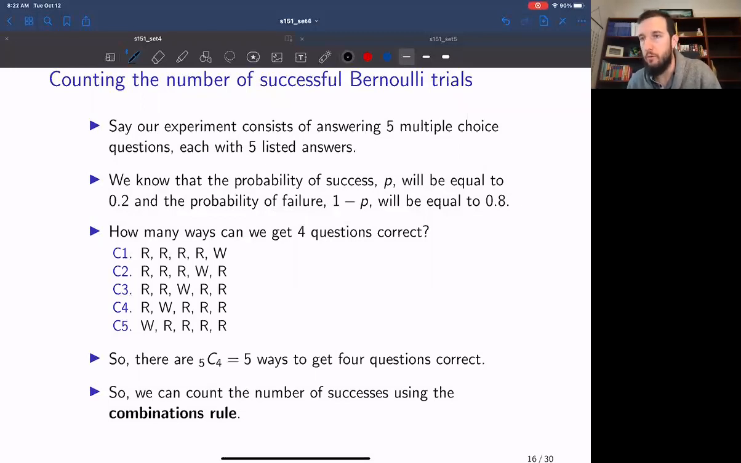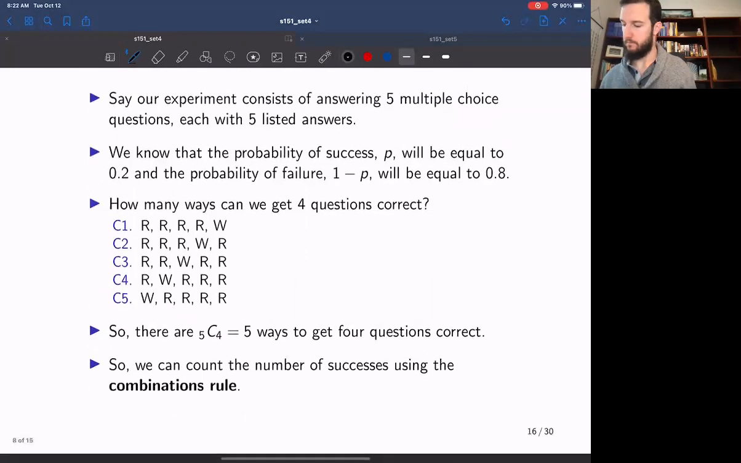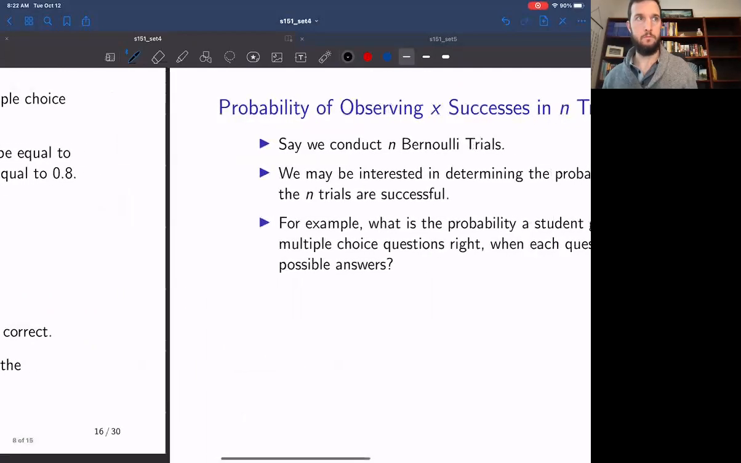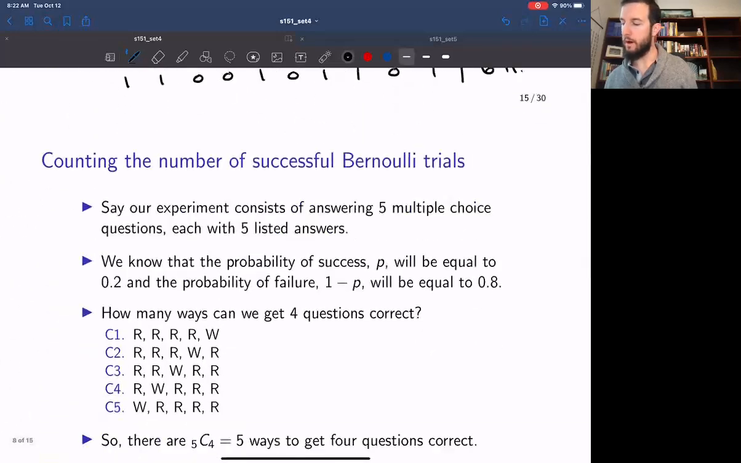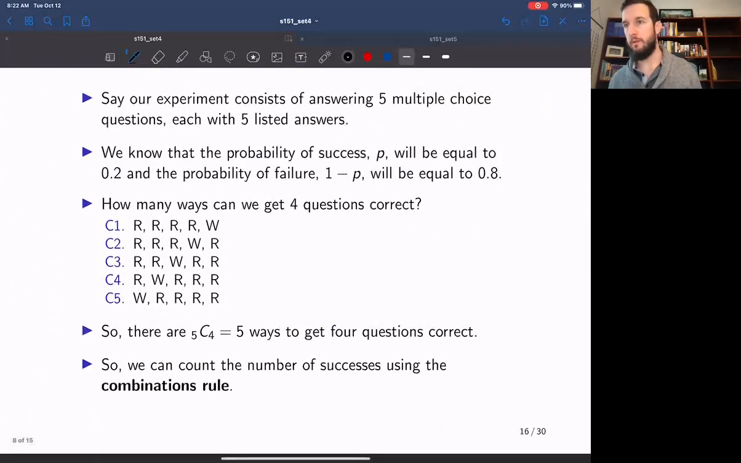So in order to count the number of successes across n Bernoulli trials, we use the combinations rule. Oh, sorry, to Michael's question. The question is, why do we use a combination here rather than a permutation? It's because the order, well, the order doesn't matter in this situation. So we're using a combination to count the number of